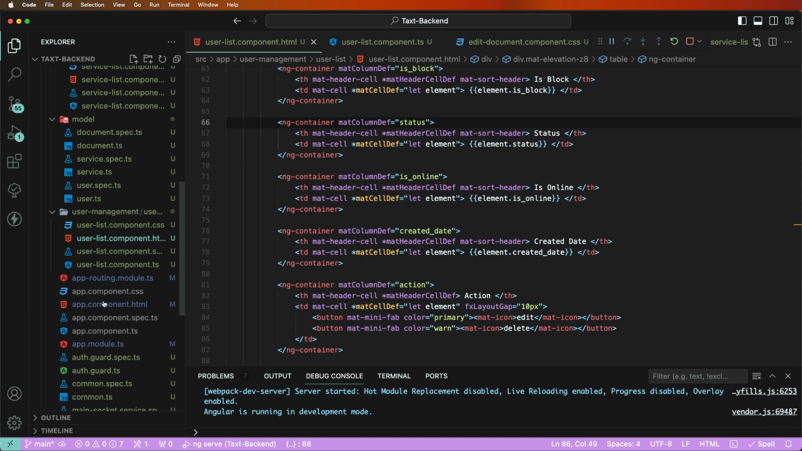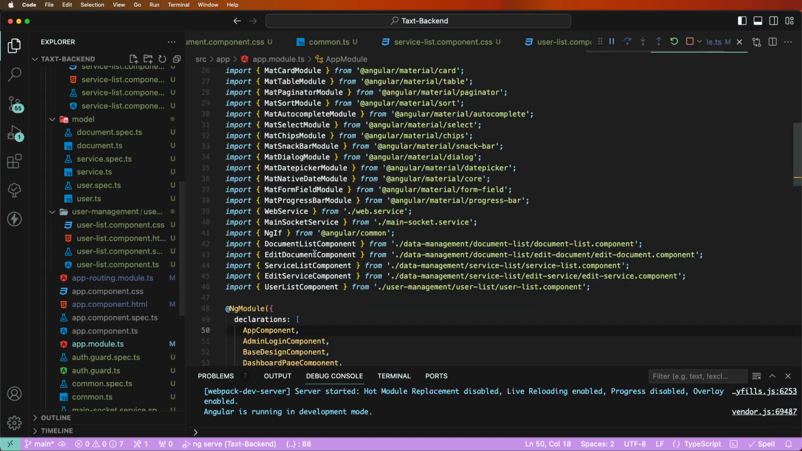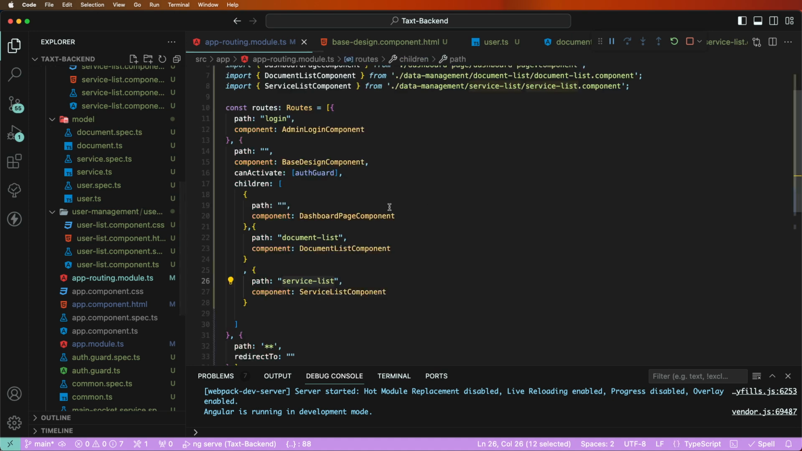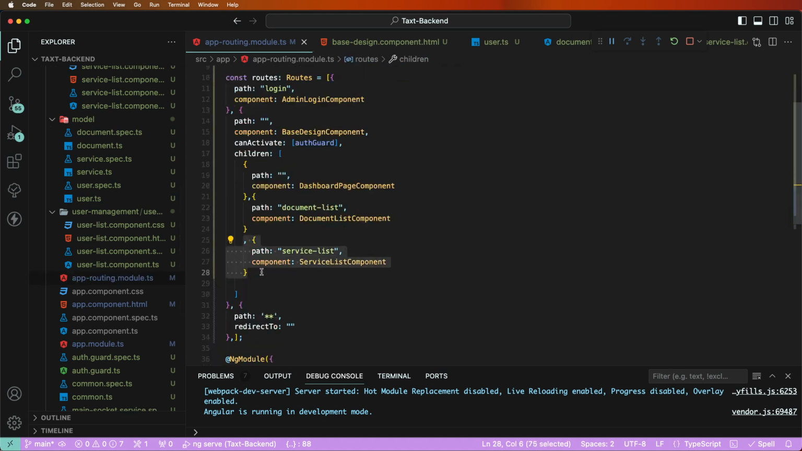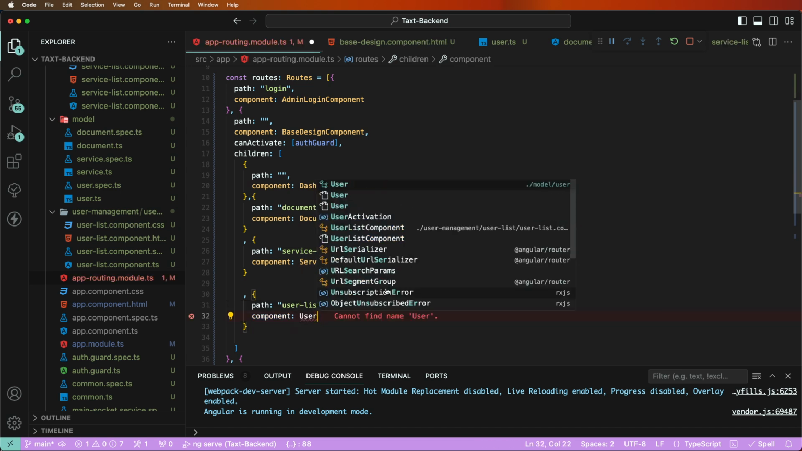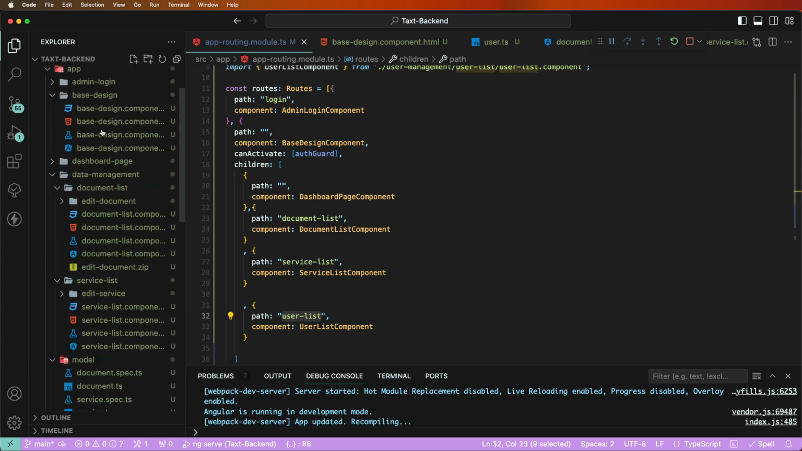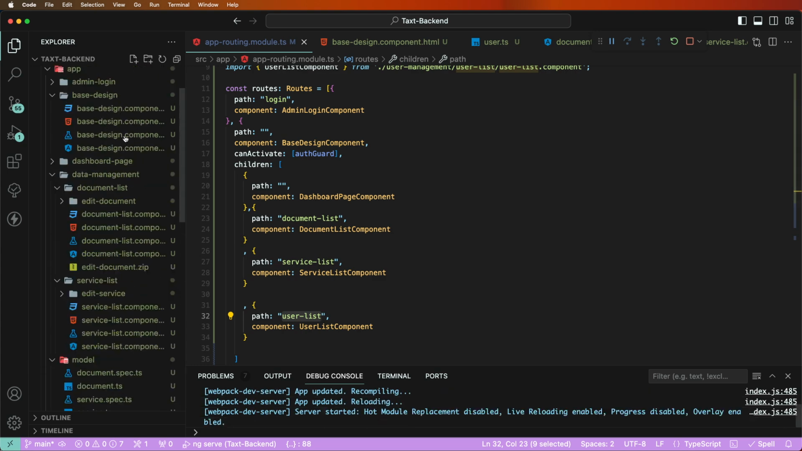Set up the routes. First of all, configure the routes. Need to go inside the app routing module and give this here. First of all, the path name as user list, and also pass the component. Give this component the name. Now copy this file name and go inside the base designs, and inside we need to select